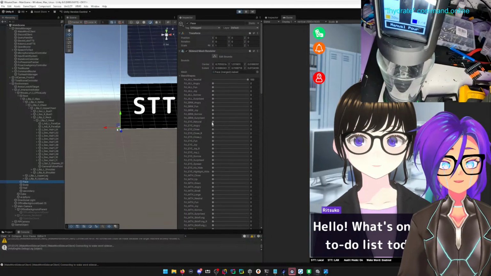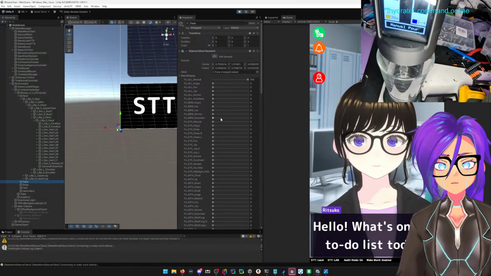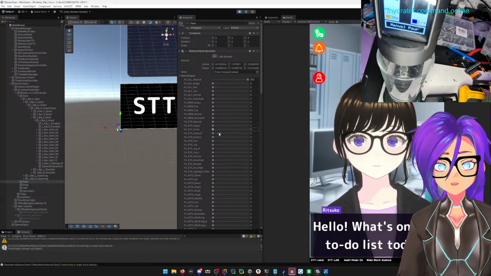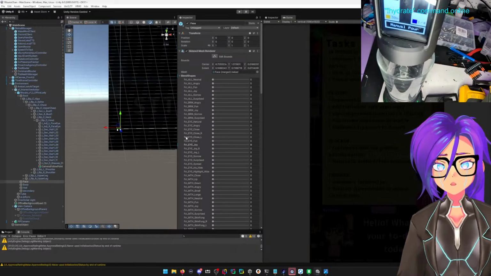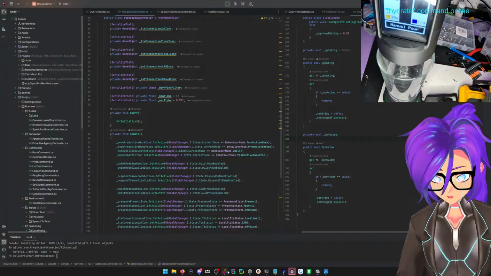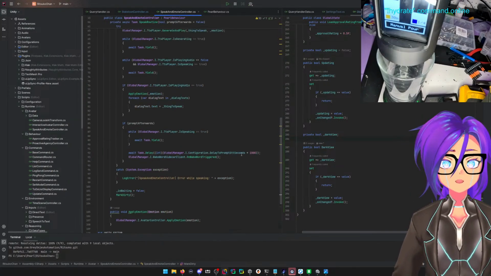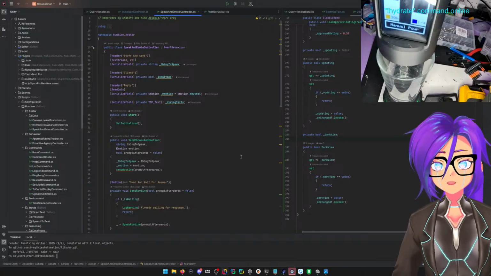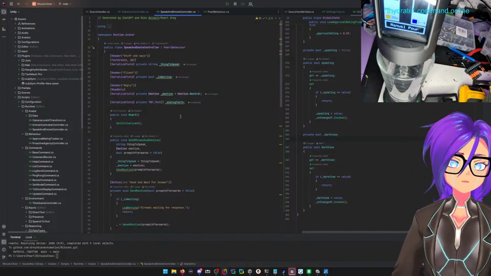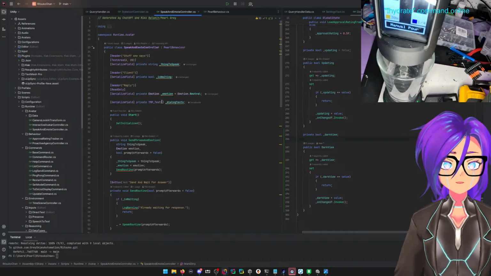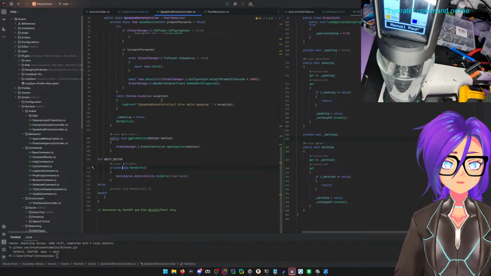That stuff. I believe we don't use eye close yet. So, speaking emote thing. Where do you have the list